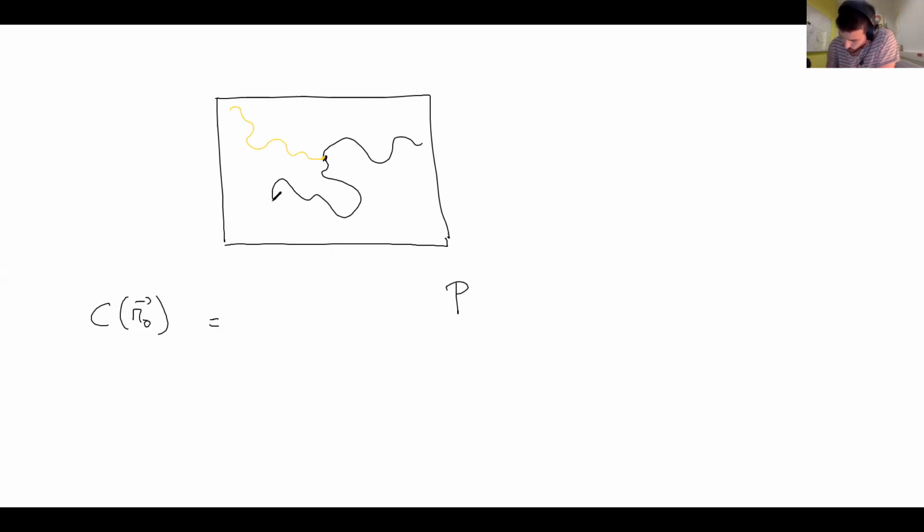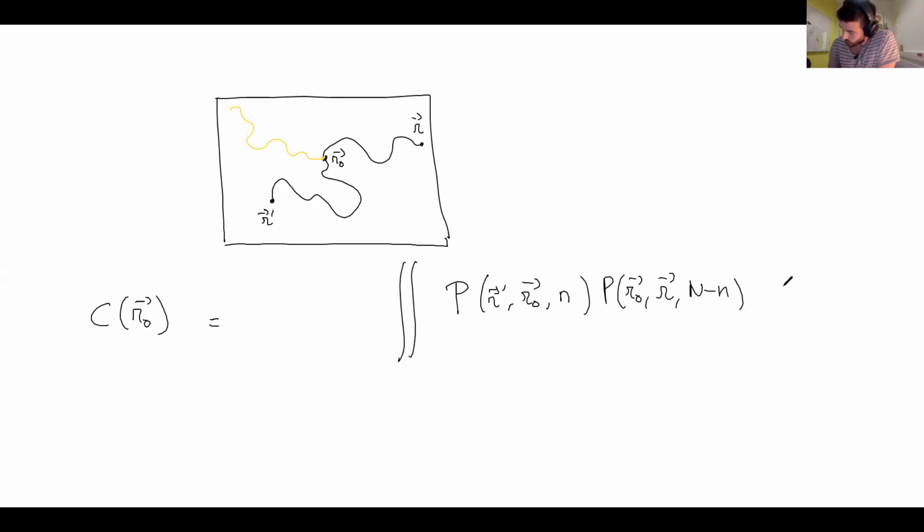The probability of starting somewhere, going to R0, I must pass by that point to find a non-zero concentration in a certain number of steps, and then finish the process from R0 to the final point in the remaining number of steps. And as you said, this starting point doesn't matter, this ending point doesn't matter, so I should integrate over all possible starting and final positions. Really what I want to know is if there is a monomer here or not. I don't care where the chain has started and where it ends up. So what I want to do is to integrate over both the starting